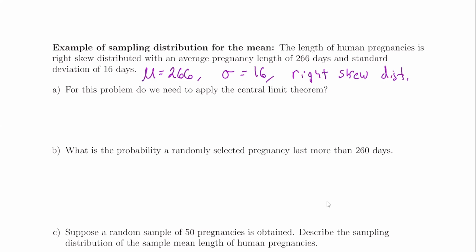All right, so let's do part A. For part A, it says, for this problem, do we need to apply the central limit theorem? If you remember, for the central limit theorem, we only apply it if A, I don't know the distribution, or B, if the distribution is not a normal distribution. In this case, they tell us it's a right skew distribution, which is not a normal distribution. So we'll say yes, the central limit theorem needs to be applied